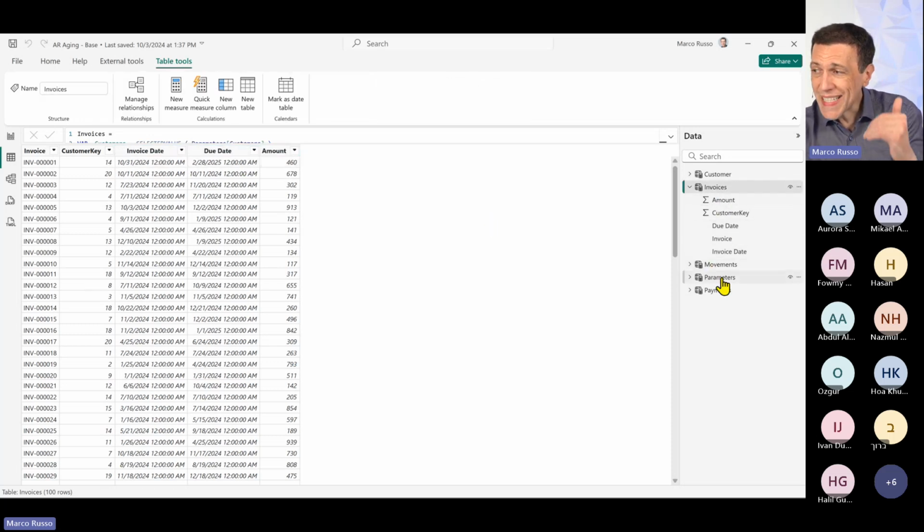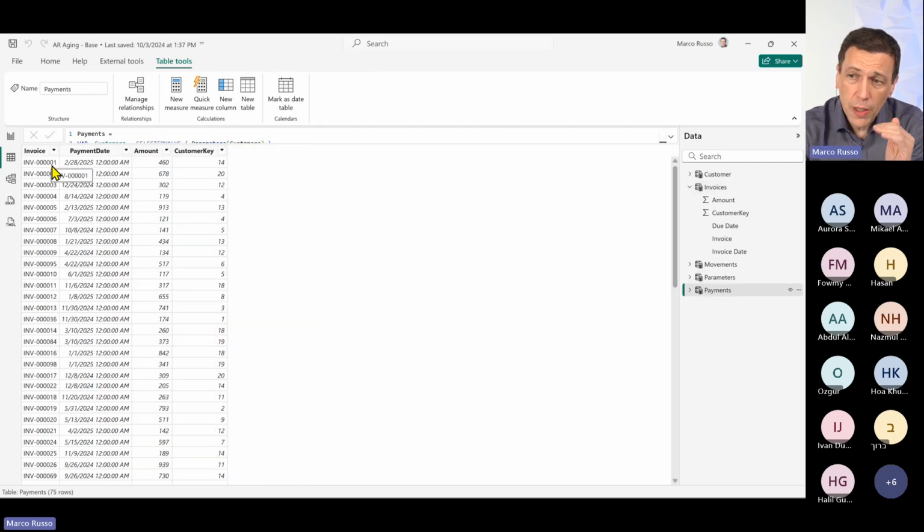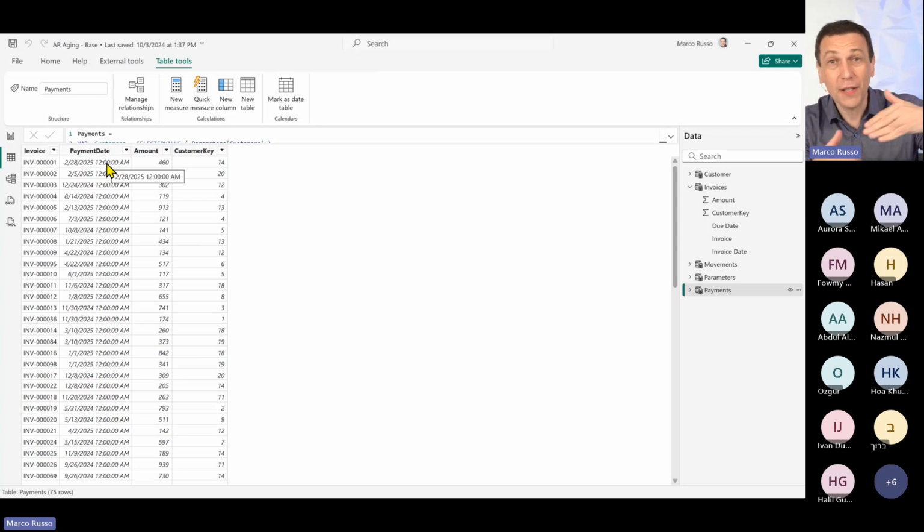Then we have a separate table, which is payments, where we have, for the invoice, the amount paid for that invoice. Also, in this case, we don't have the complexity I've shown you where we just have the customer and not even the invoice, but that is just an increasing level of complexity because we should retrieve the invoice number looking at the data that we have. So what is the first, the oldest invoice that we are covering with the payment if you want to implement that? It's just a more complex extraction of the data.